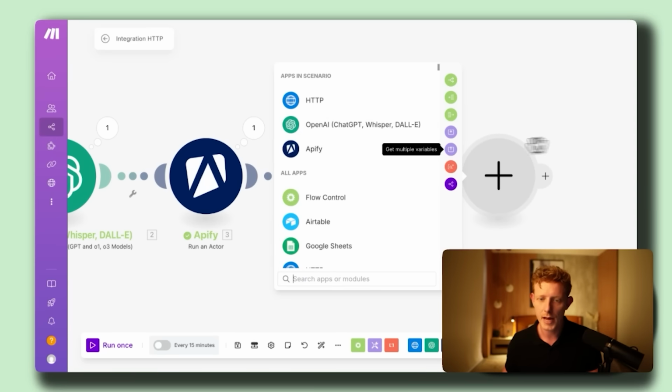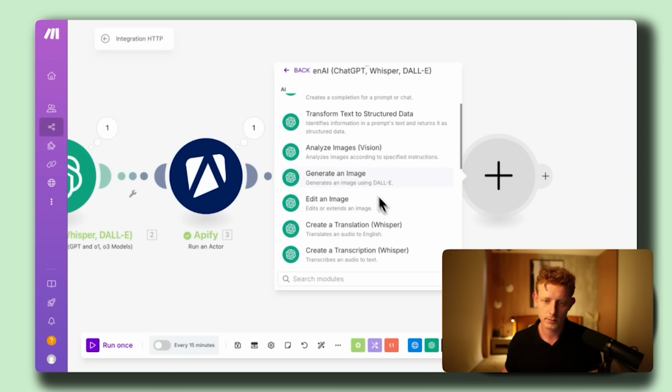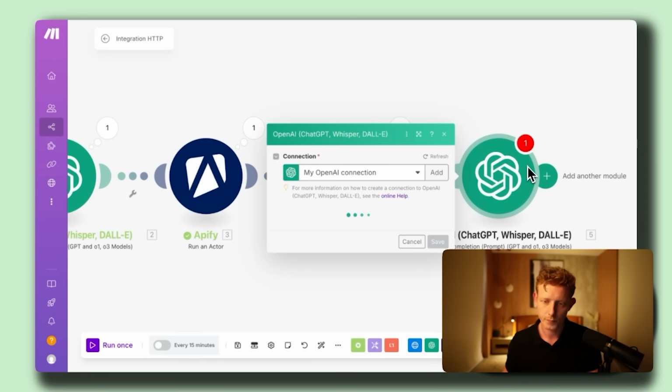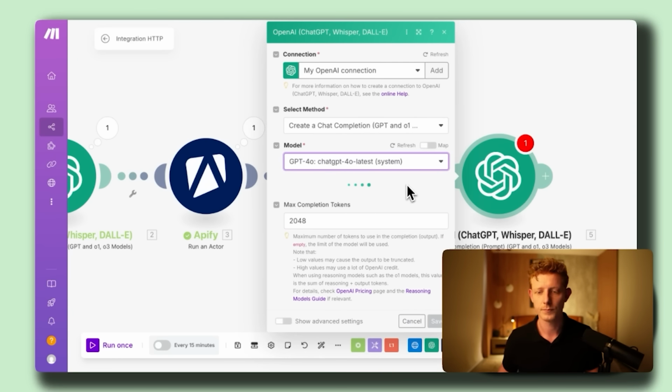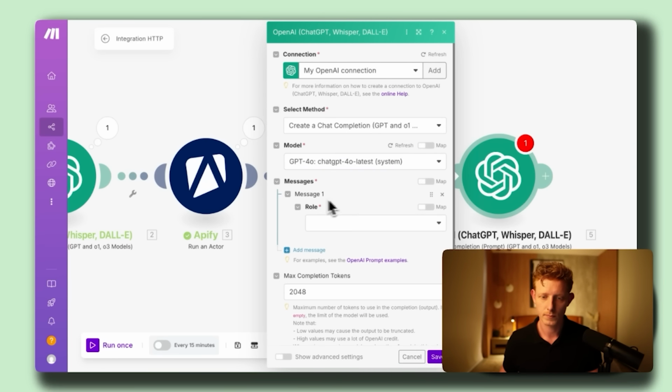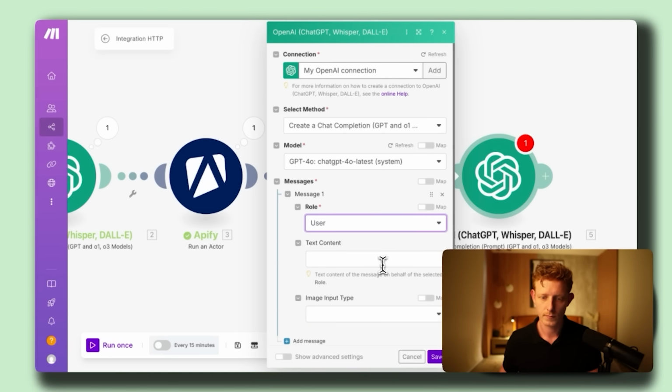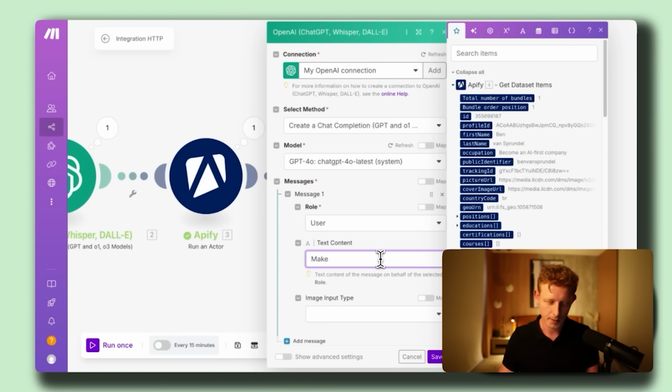And now, of course, we can pass that into an OpenAI module. We can say something like make a summary on the lead based on